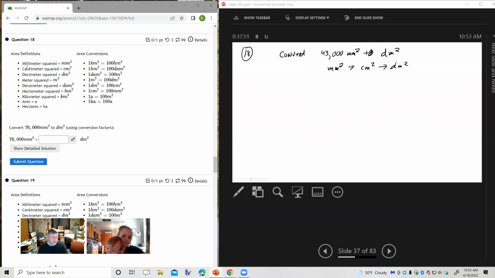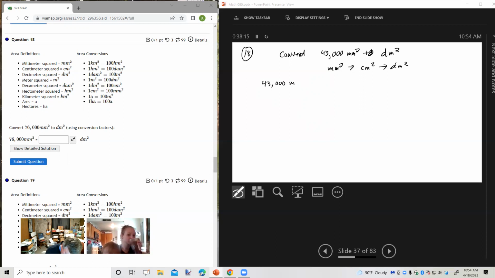And how do I know that? These are written in order from smallest to largest. So I go from square millimeters to square centimeters, square centimeters to square decimeters, square decimeters to square meters, etc. Okay, just remember that the kilo is big and the milli is small. All right, so